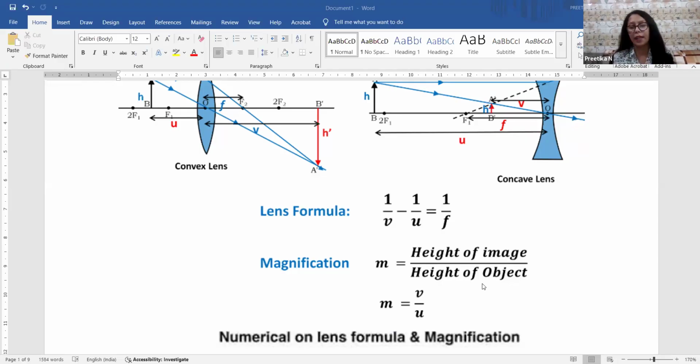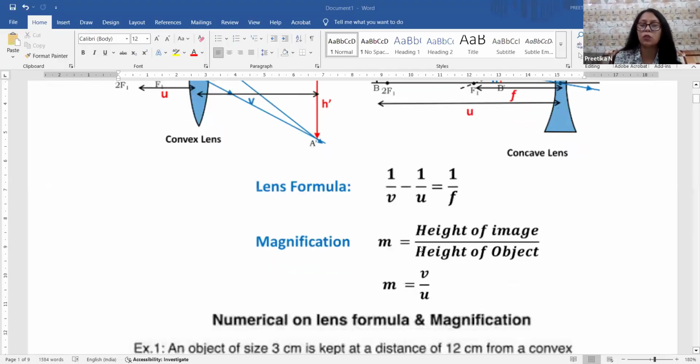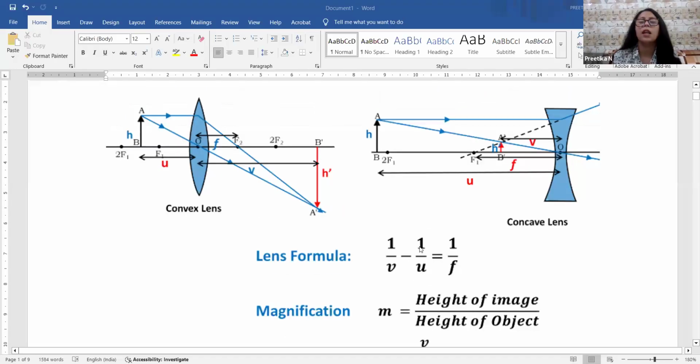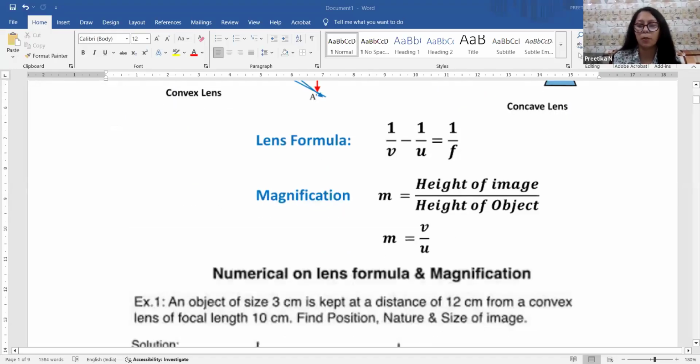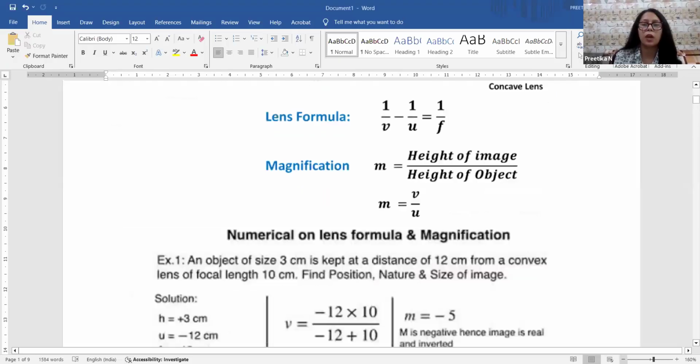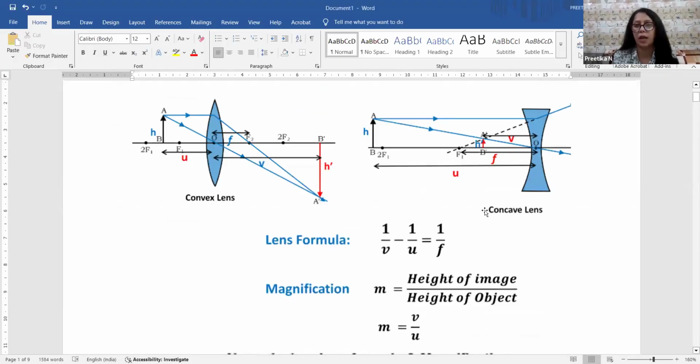So I'll just generalize it. In the lens formula, you are having 1 by V minus 1 by U is equal to 1 by F. V, image distance, U, object distance, F, focal length. Magnification will be having height of the image upon height of the object. And then we'll be having it as V upon U, that is image distance upon object distance. Now, I would just like to request you on your notebooks, you need to note down these three formulas, put down the heading, lens formula and magnification formula under that heading. Just note down these three formulas. Once you are done, let me know. I'll start it up.